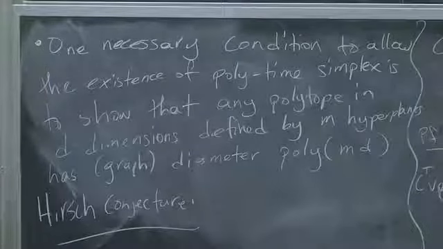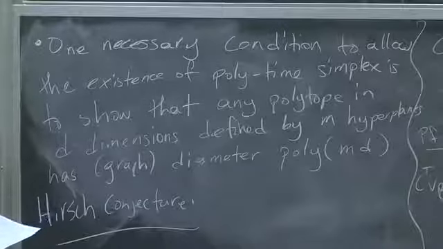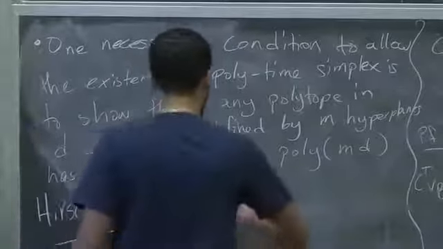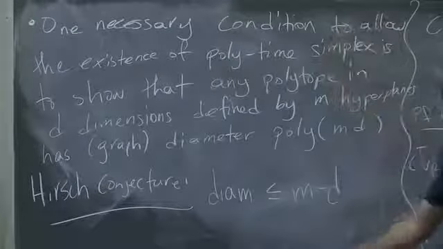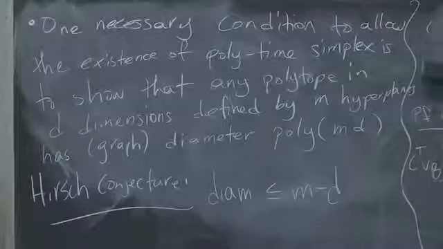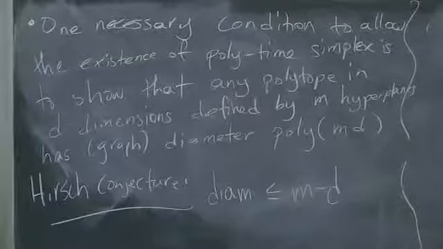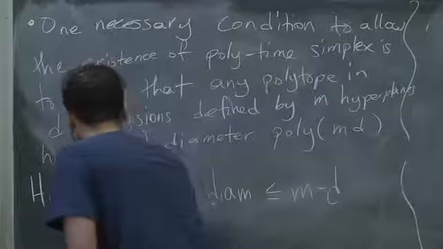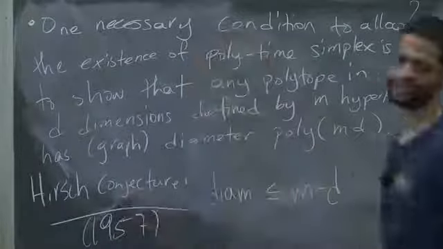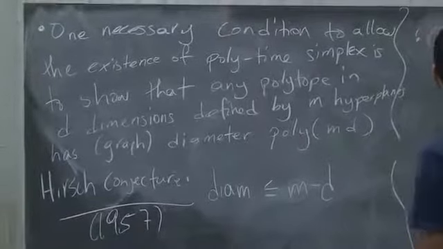who's heard of this, by the way? I'm just out of curiosity. Has anyone heard of the Hirsch conjecture? Okay. So the Hirsch conjecture is that the diameter is at most m minus d. And I forgot exactly when this conjecture was made. Oh, yes, good. So this conjecture was made in 1957. Okay. And in 2010,